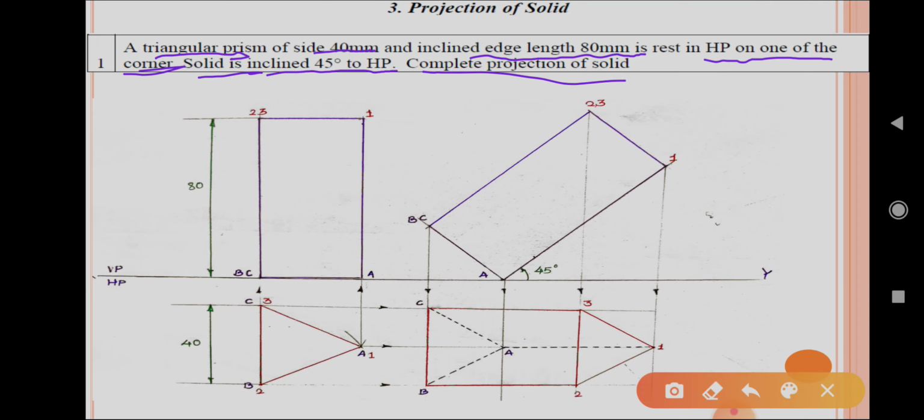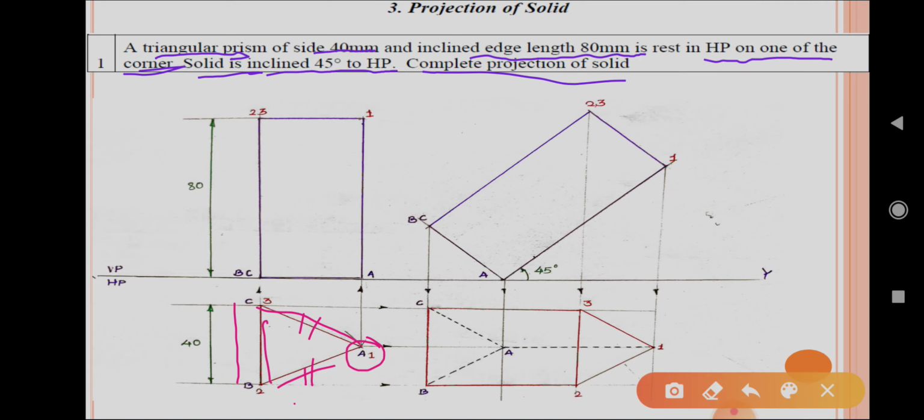first position, so first take vertical projection, vertical line perpendicular to XY, and then triangular prism. So we can take 40 mm same distance and we can complete the triangle. Complete the triangle, that is equilateral triangle having base side 40 mm, and mark the points. That is a corner point is the resting, so we can start with the corner